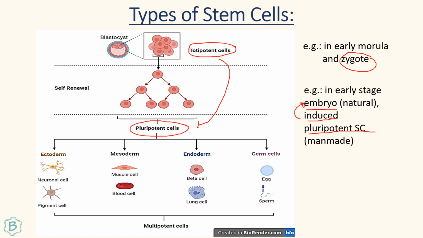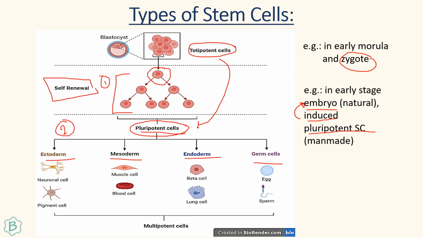Now these pluripotent stem cells have two very important properties. First, they will undergo self renewal. They have to undergo self renewal because they need to maintain their own population. So one stem cell will continuously divide, and in this way its entire population is maintained. And the second property is that it can undergo differentiation in order to produce the three germ cell layers, that is ectoderm, mesoderm, endoderm, and it also produces germ cells.